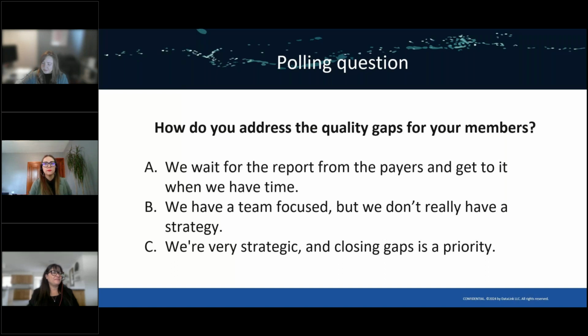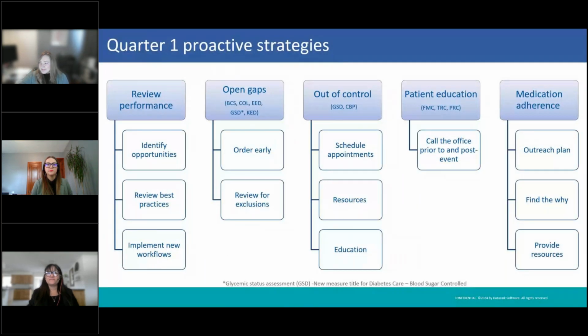Okay, are you guys able to see the results? We are, and that's great. We're among very strategic folks here, so that's really, really good to see. I can't think of anything better than having a team that's focused on gap closure. Hopefully, the content that we've covered so far has you thinking even more about your approach, and hopefully, we're providing some valuable ideas for you all. And we can go ahead and move on to the next slide that we have.